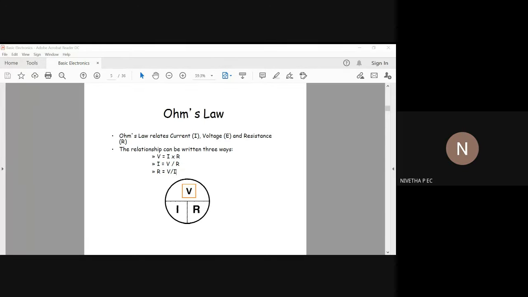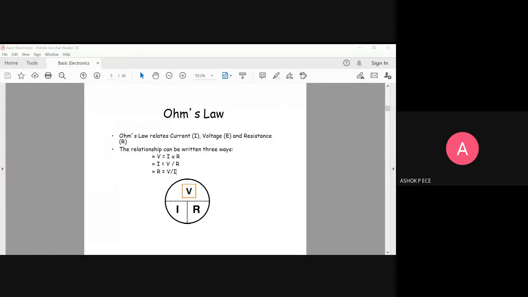Who said that? Sri Varshini, sir. Very good. Ohm's law will work only at constant temperature. So if you place your resistor in the Thar desert, it will not work because the temperature is varying. If you place a resistor inside the deep ocean, it will not work properly because the temperature is very cool there. So Ohm's law will work only in environments where the temperature is constant.